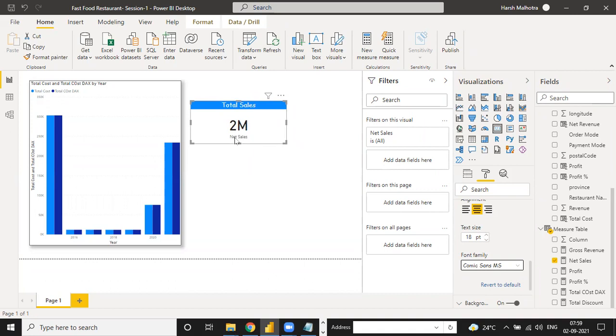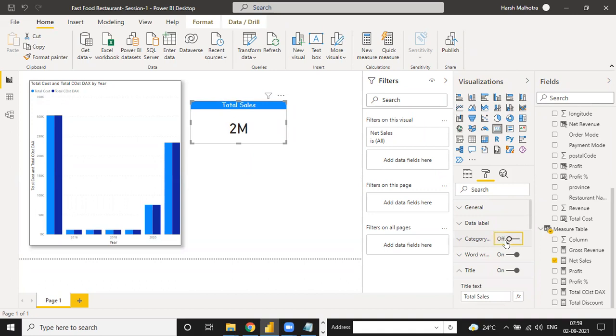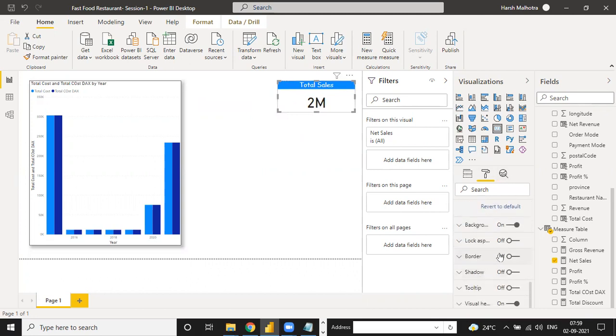So we want to remove the net sales. So how to remove? In the category, you switch on the off and your net sales value is gone and your total sales value is done. So total sales amount is 2 million. See, if your manager is asking in your company what is the total sales in our data,